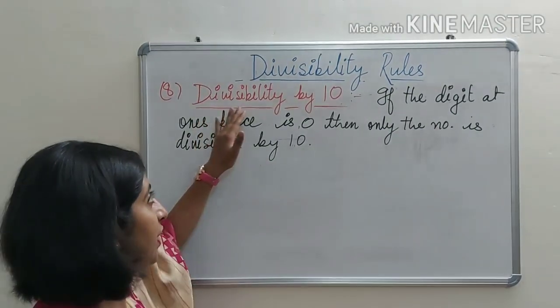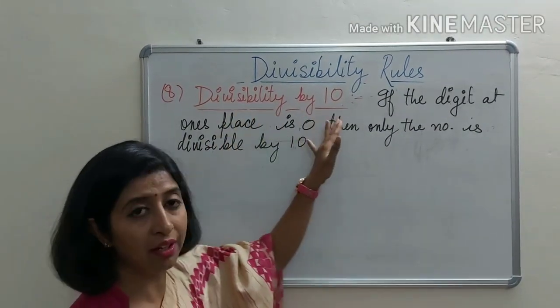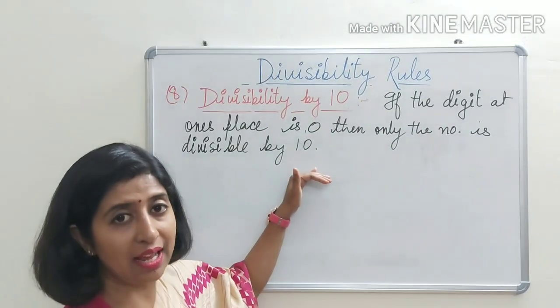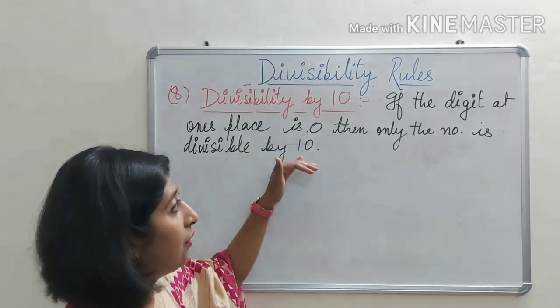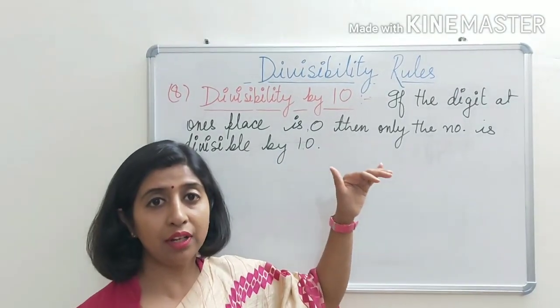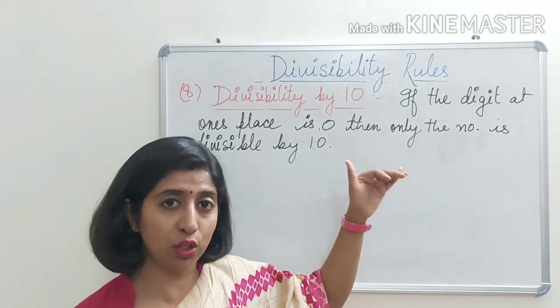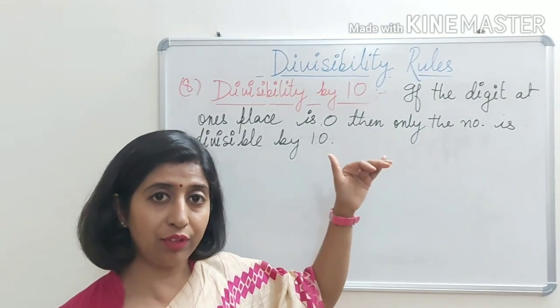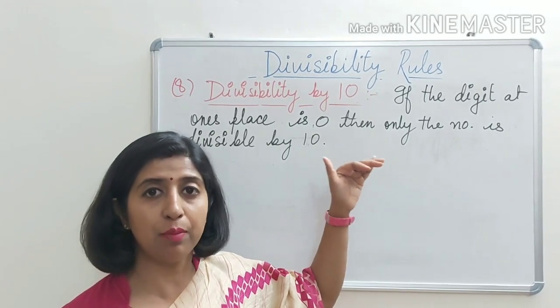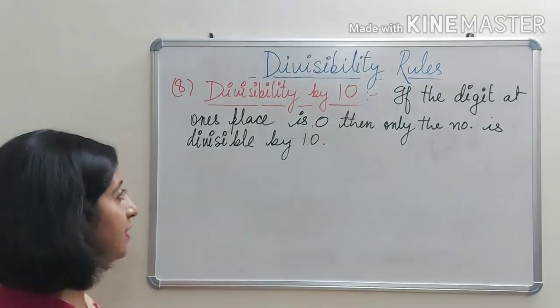The next rule is to check the divisibility by 10. This rule is very simple, as we all know that if we want to check the divisibility by 10, we have to see whether the digit at one's place is 0 or not. If the digit at one's place is 0, then only the number is divisible by 10. For example,